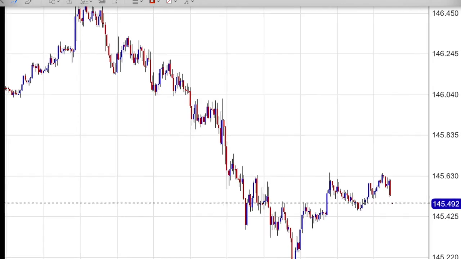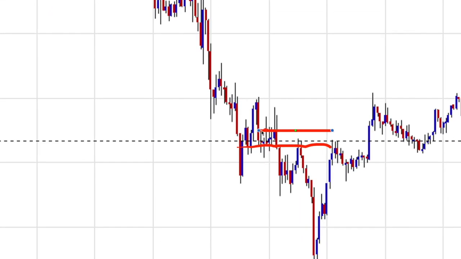So if this is, let's just say, 1.27, whatever. That's like 1.270, right? So this is 1.27. If it's below, like you see that it's buffering and it's staying below the 1.27,